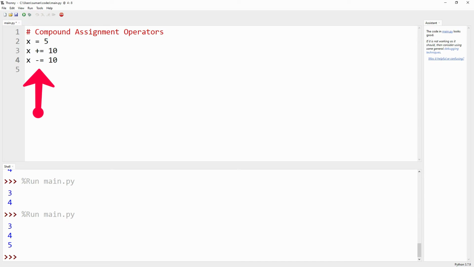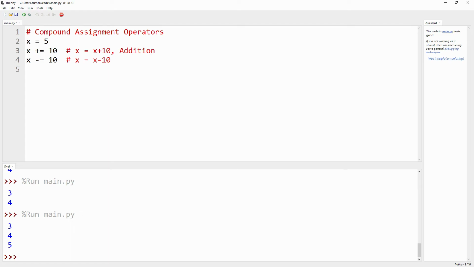What is happening here? The first statement is practically just like x is equal to x plus 10, and the next one is giving us the result like x minus 10.